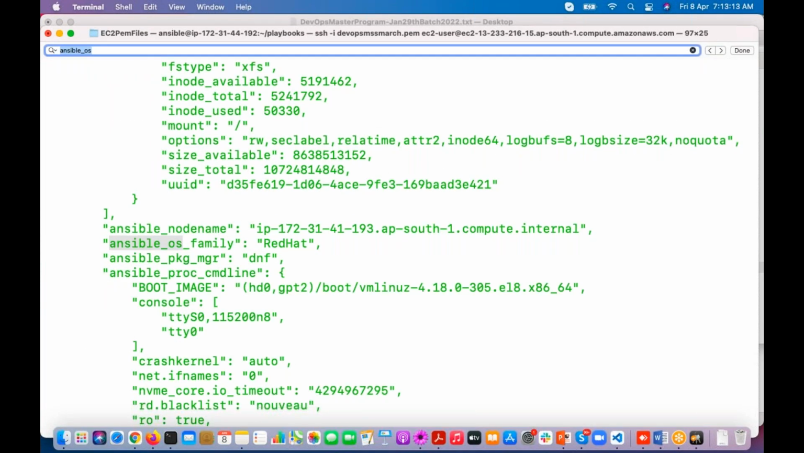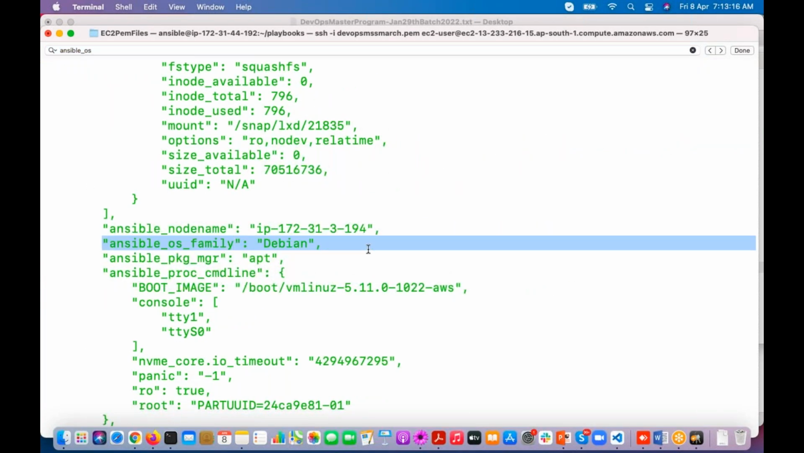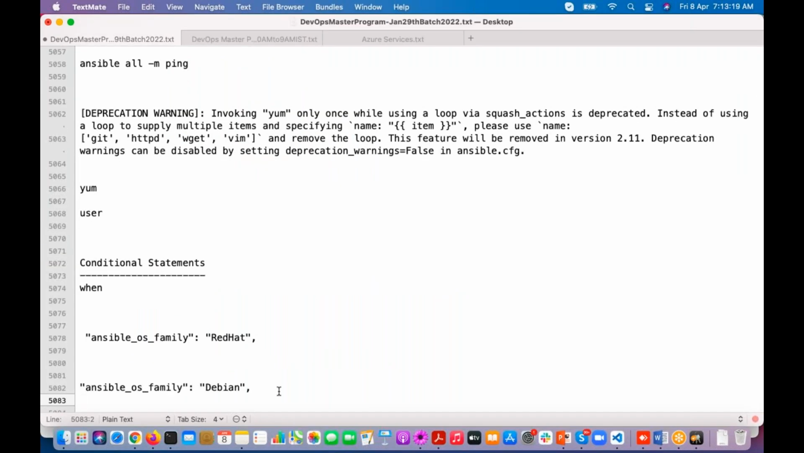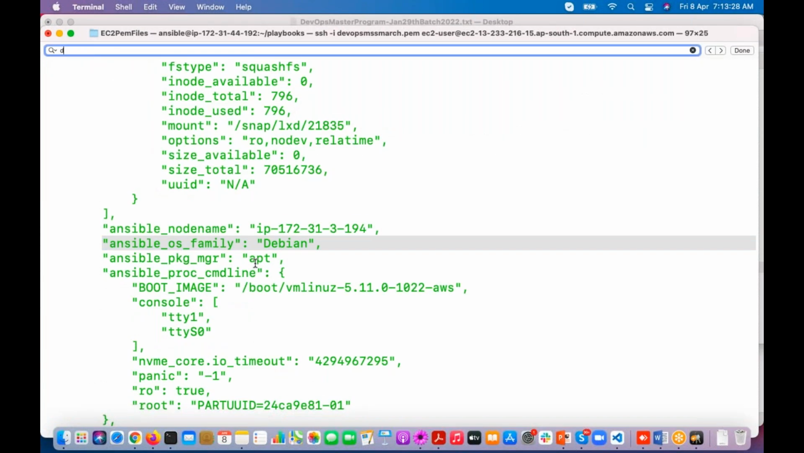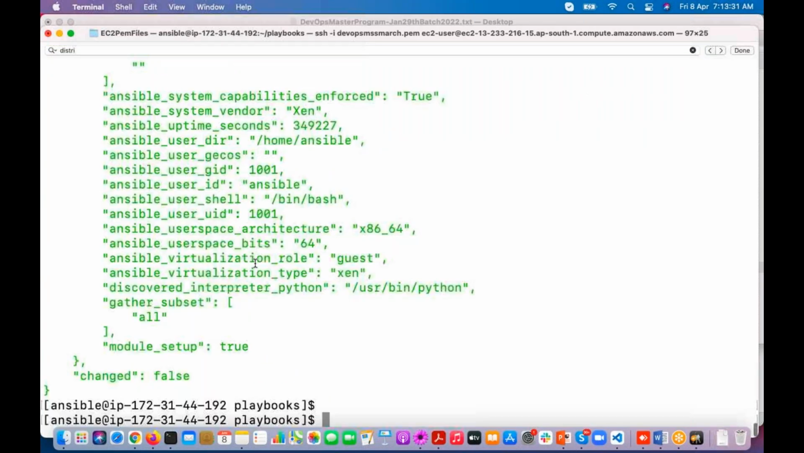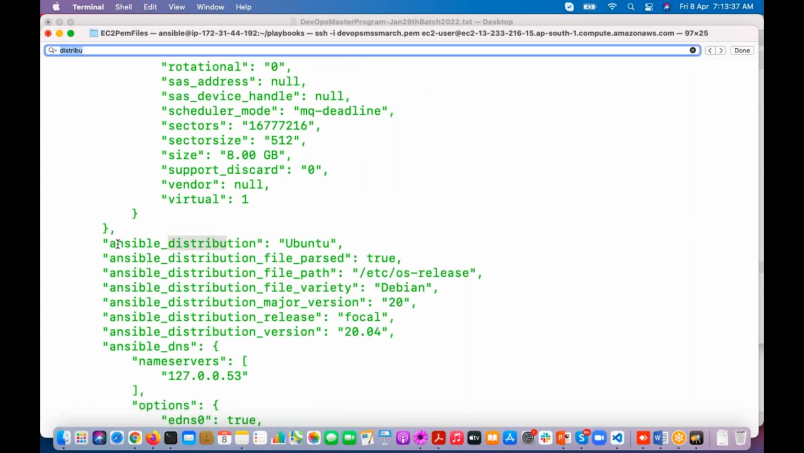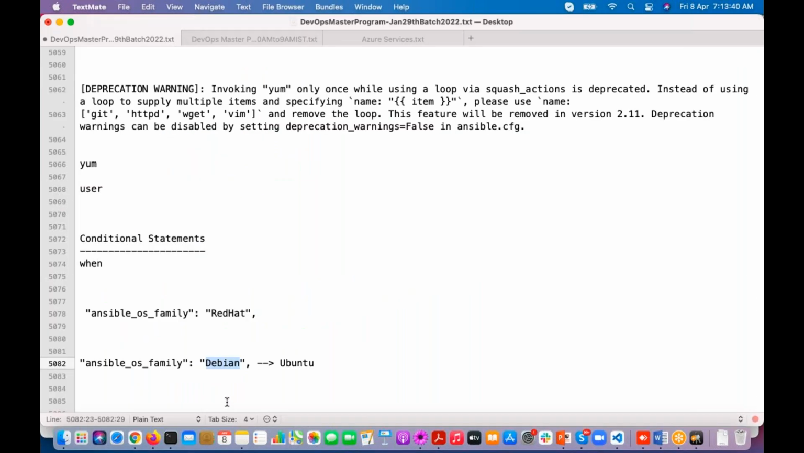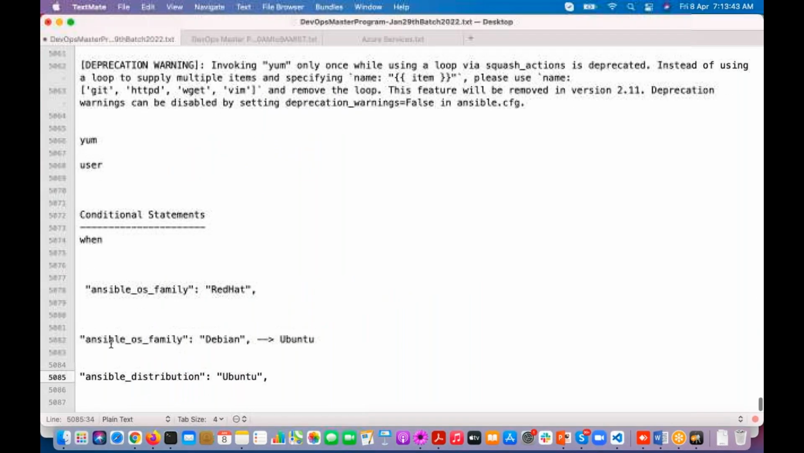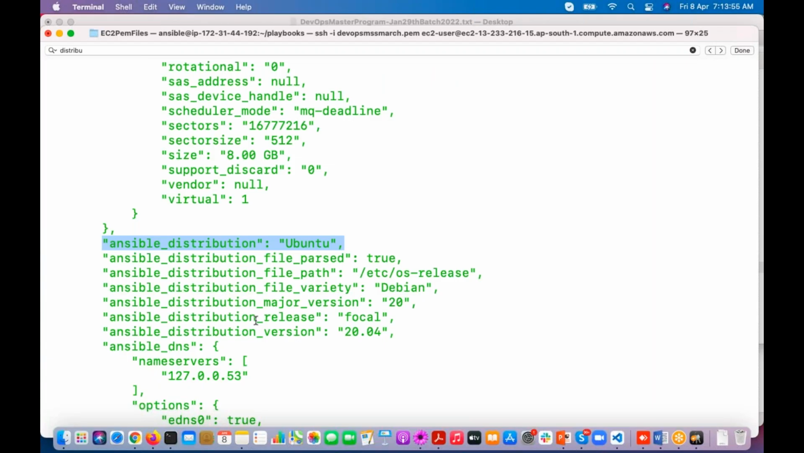Same way, if it is Ubuntu, the OS family is Debian. But if you check the distribution, it is Ubuntu. So guys, you can use either this attribute or that attribute to check the condition. Okay, so now if you observe here,